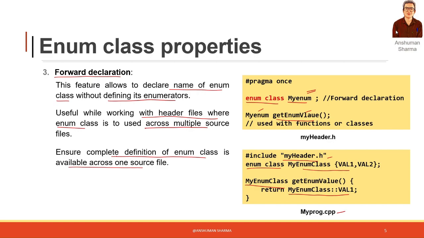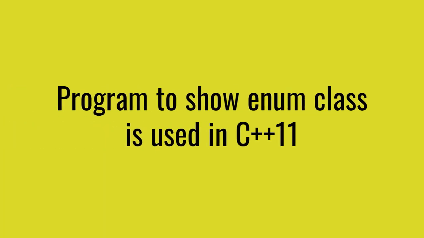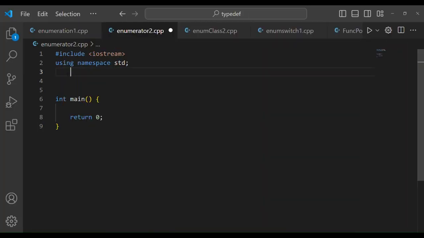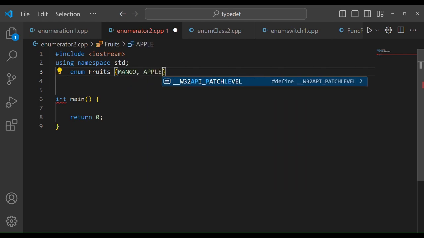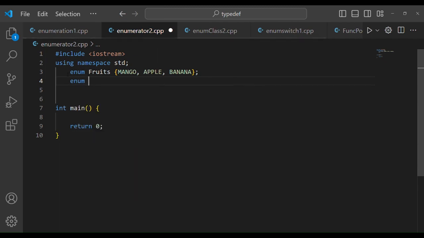So now let's discuss it with the help of a code. Let us consider a program where we show the use of enum class, and before that, let me first create an enumeration with the help of the enum keyword, and let the names of the fruits be mango, apple, banana. And similarly, let me create an ice cream enumeration,